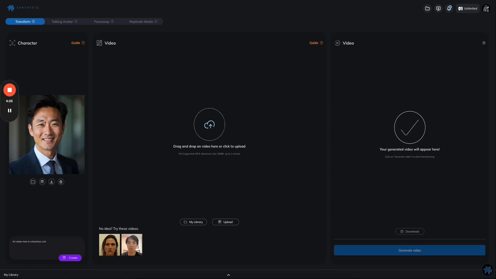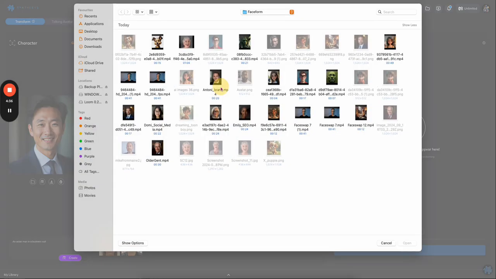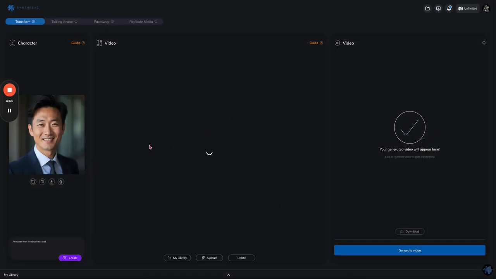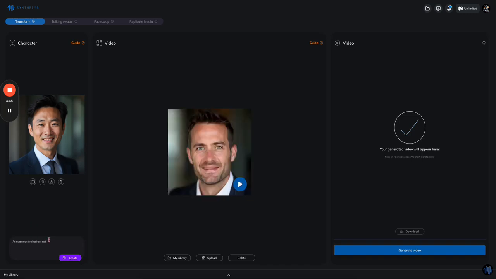Okay, so see, a face was created from a text prompt. Now this face can be used to transform any existing video. So I could just upload the video and then use this particular face that was created using a text prompt to create a video. Okay, so this is how the transform feature works